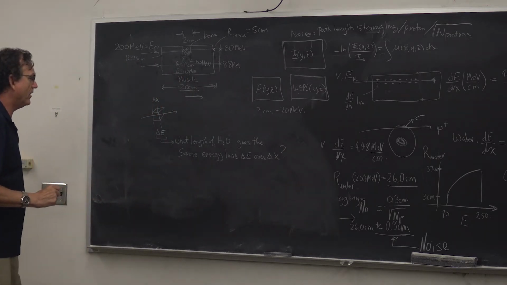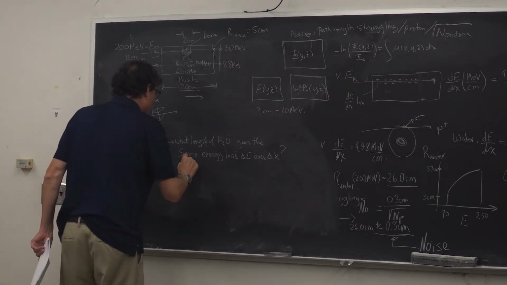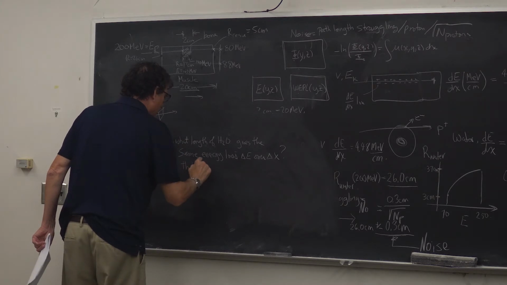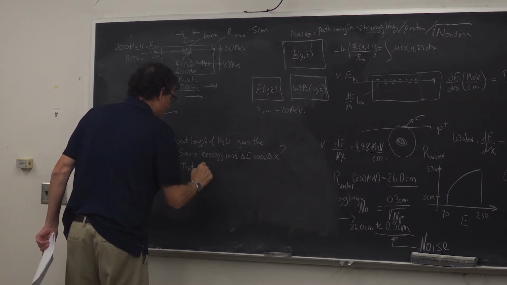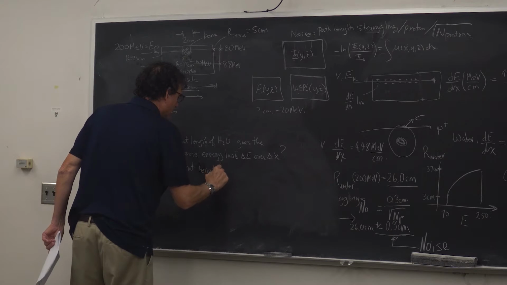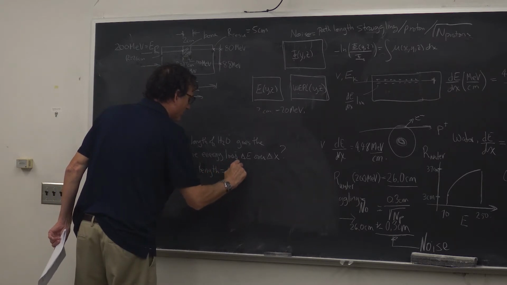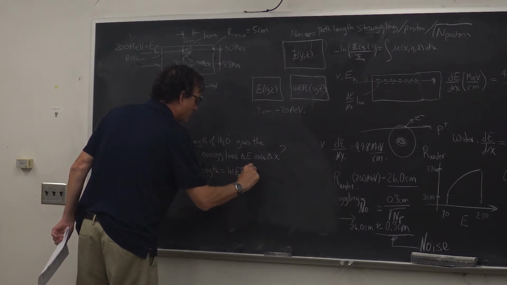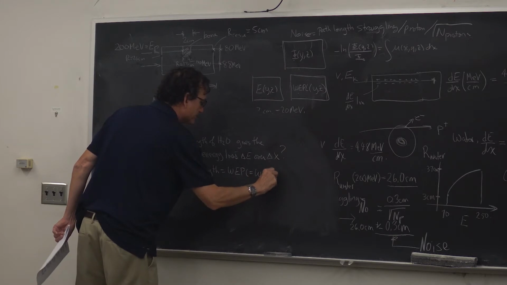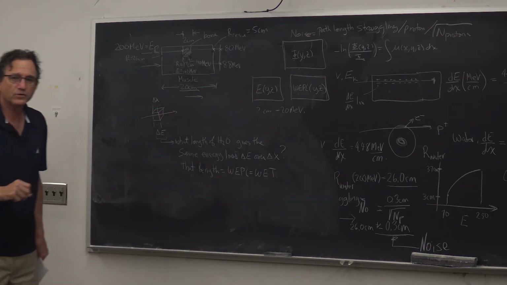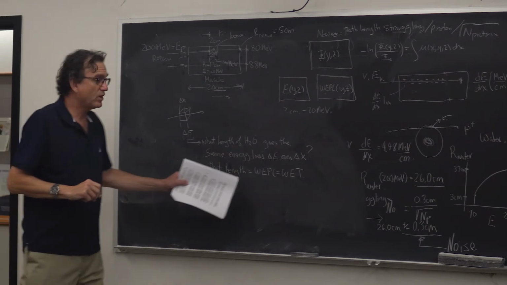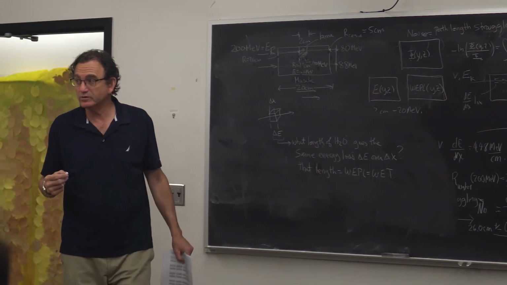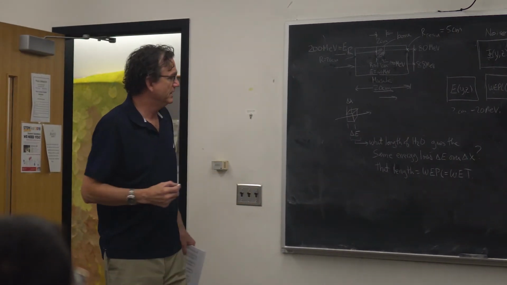And I'm going to call that length the water equivalent path length. Sometimes it's also called the water equivalent thickness. One is water equivalent path length, the other is water equivalent thickness. Right? Okay, now,